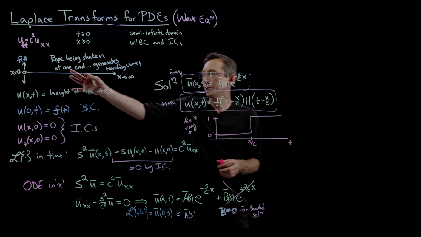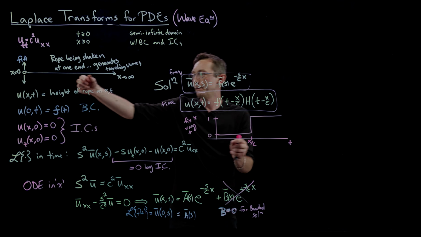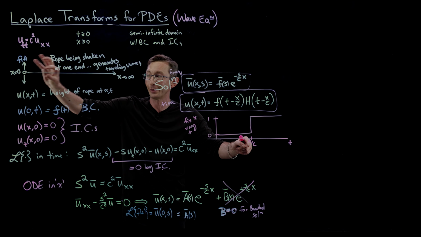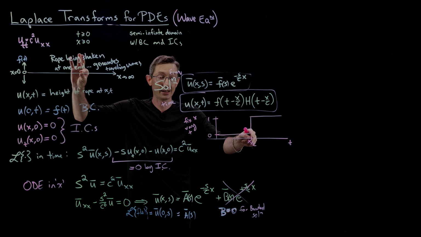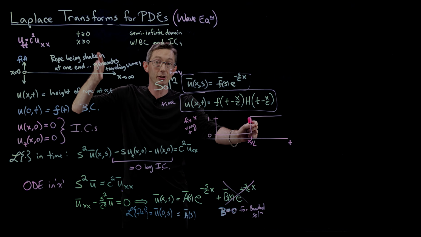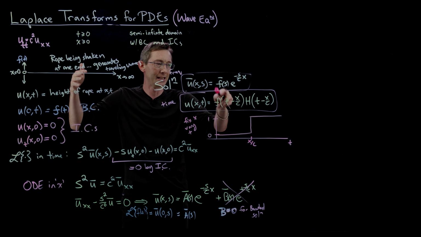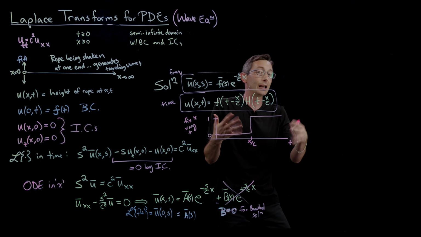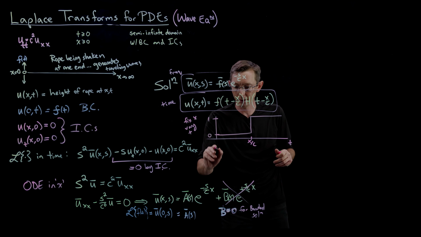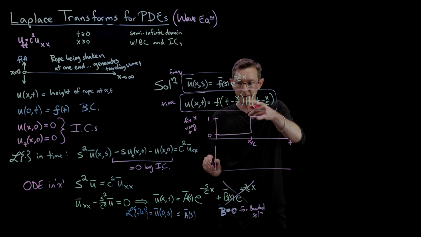So at some location, basically there will be some time x over c after which information will hit that location x. So there is a time before which information doesn't reach a certain location in x. That's kind of what this Heaviside is saying, is that it takes time for information to propagate. I'll draw you another picture in a minute. The other way to understand this Heaviside function is to fix t